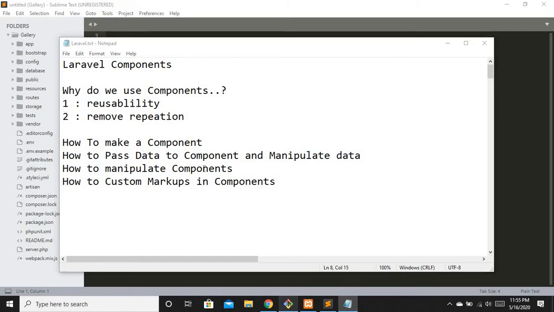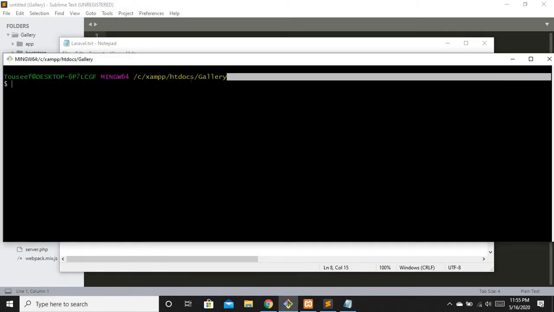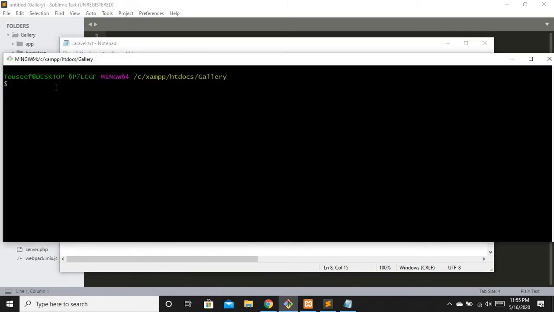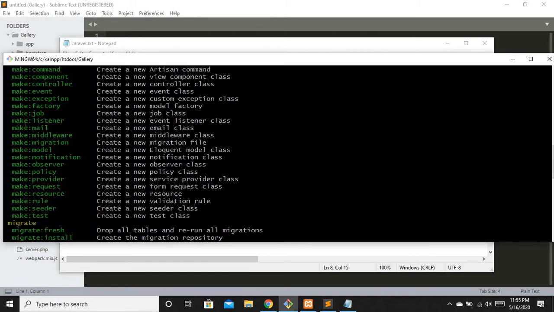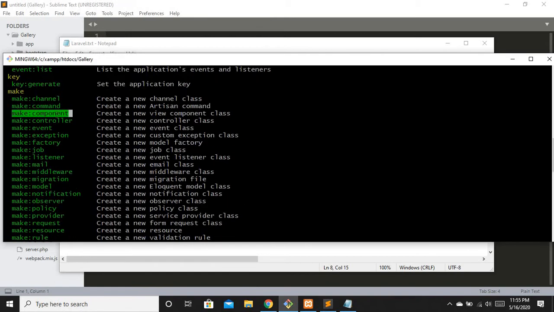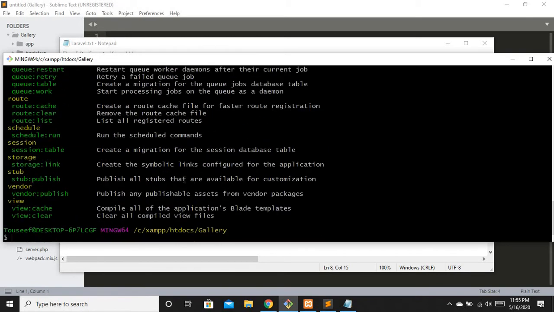Okay, let's see. I will move to git bash, and I have already accessed my project directory and folder right here. What I will do is run php artisan to check the commands. To show you, I will move to make, and you can see we have our make component command right here. Okay, php artisan make component, and here the name of the component would be footer. And if you have two words for your component, you are going to write it like this: footer new in camel case.